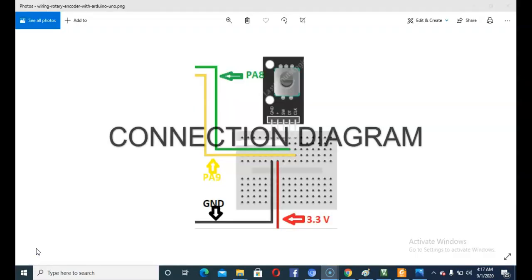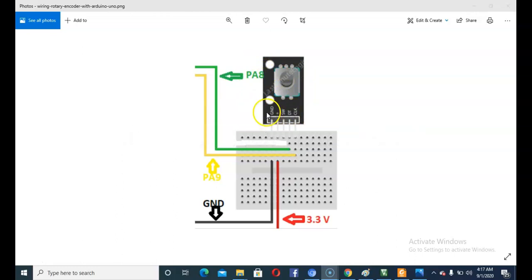So you are viewing the schematics of the project we are using, and this one is the rotary encoder and it has 5 pins. The basic ones are ground, the power pin, switch, DT and clock. We are not using the switch pin here, and the ground one is denoted by this black wire.